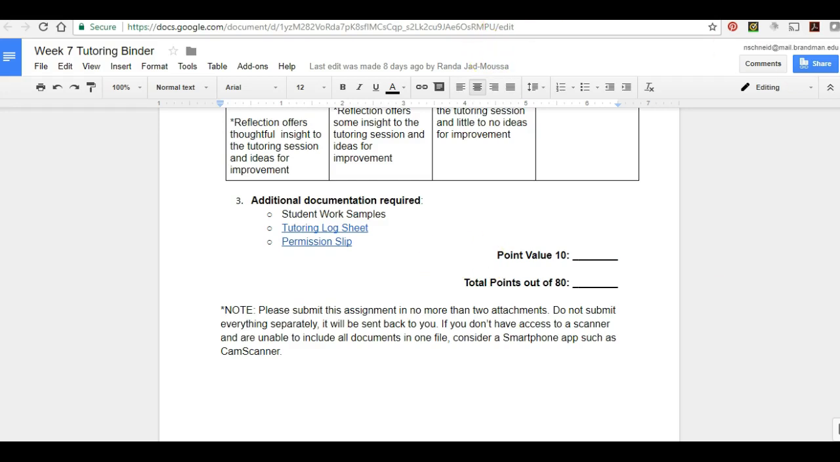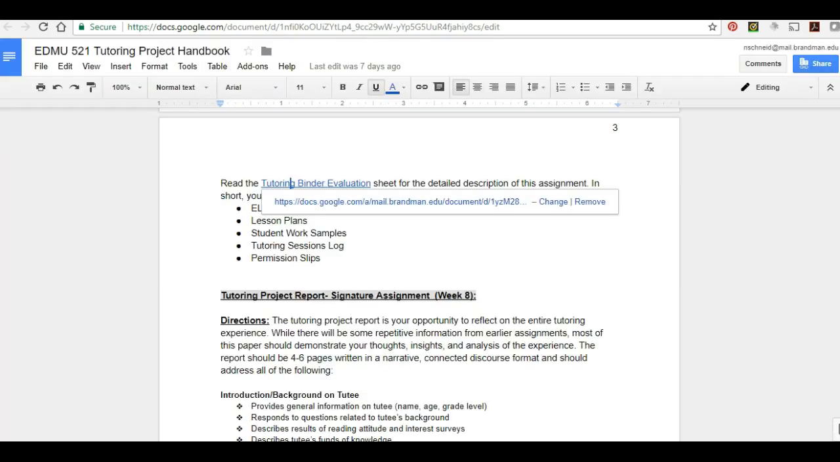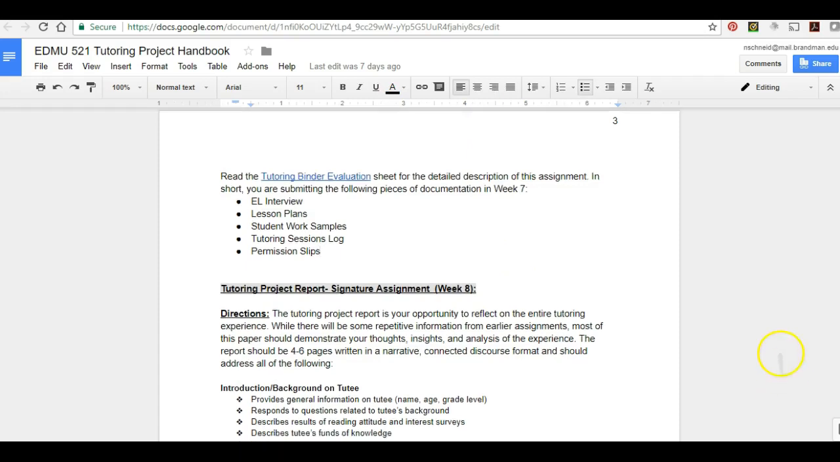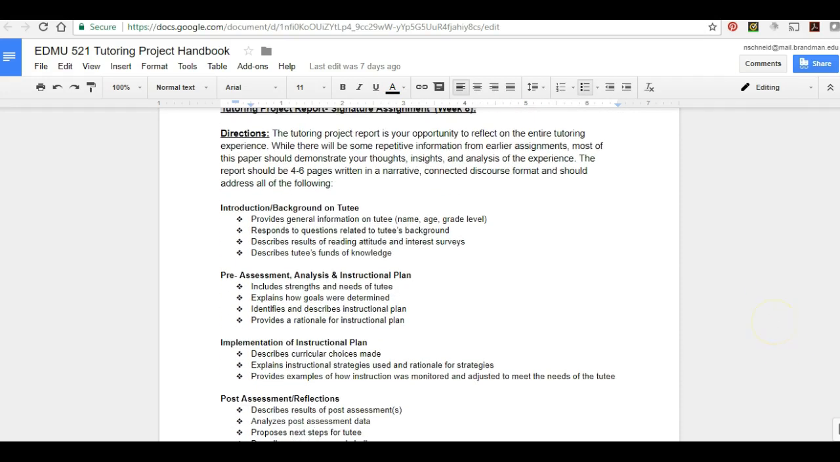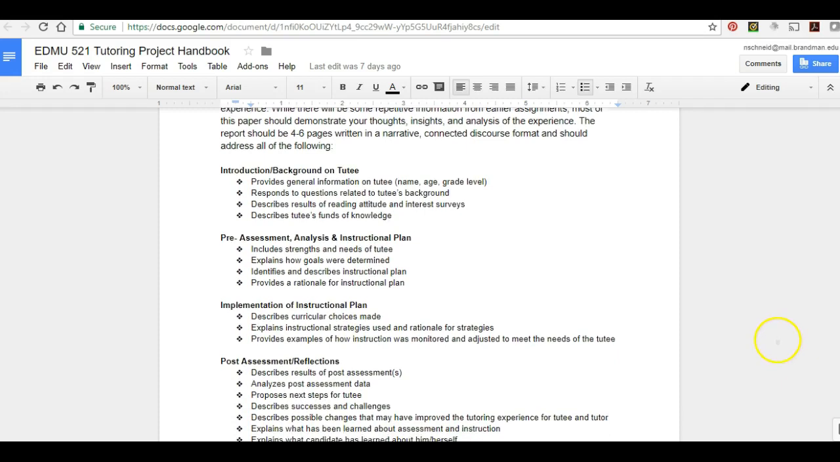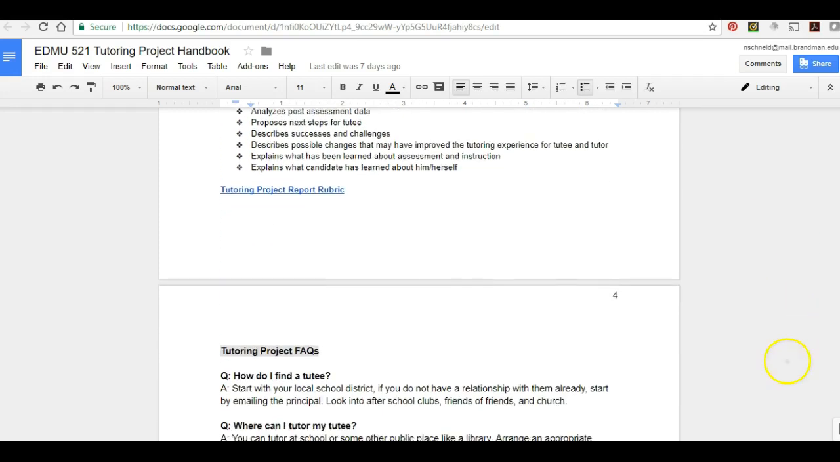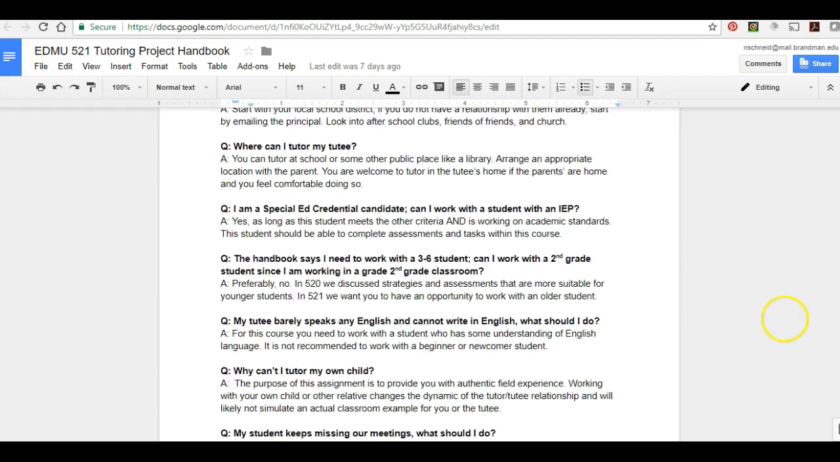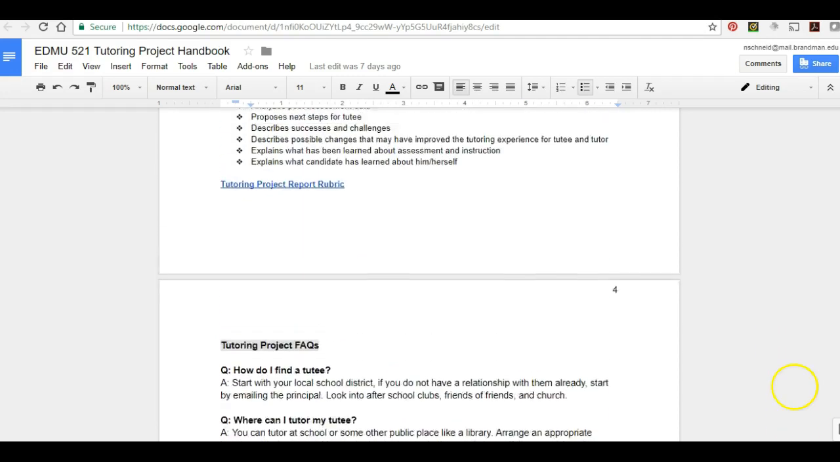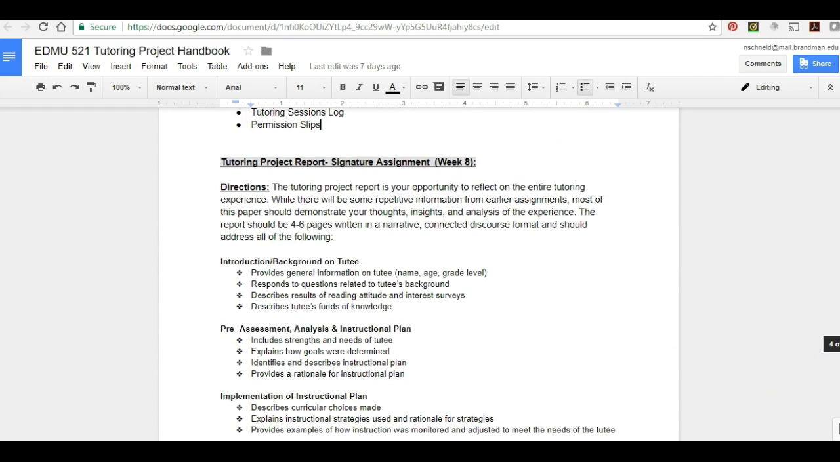So I think the tutoring binder is much improved. And then the tutoring project report is very similar to the last one. There are specific requirements that we ask, and then an FAQ section. Now you're going to see in the English learner interview, in the video analysis questions, and even some of these